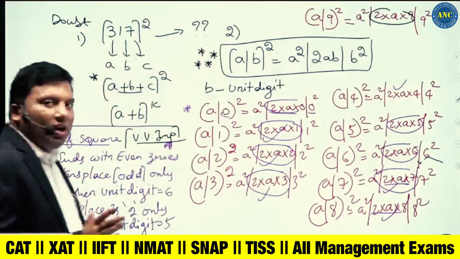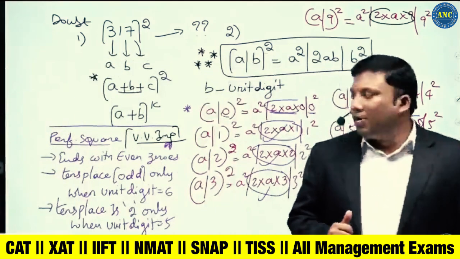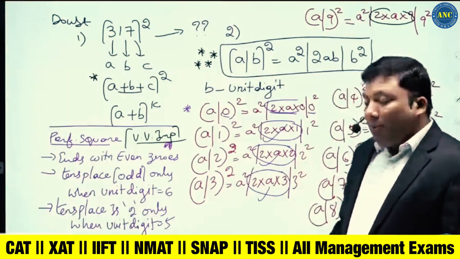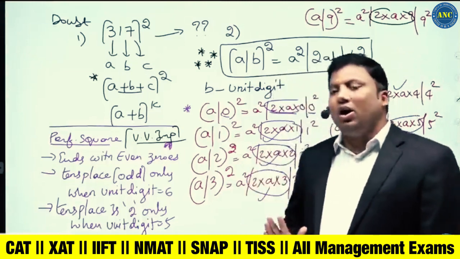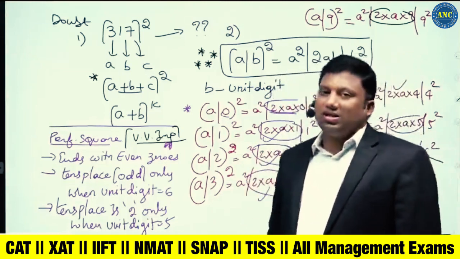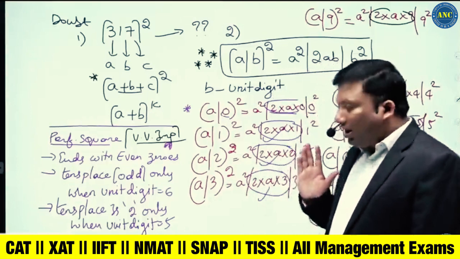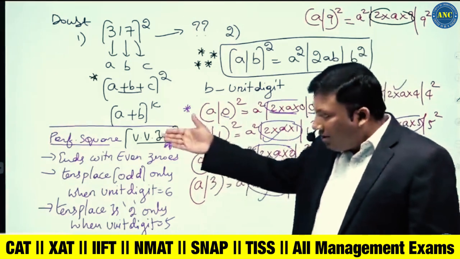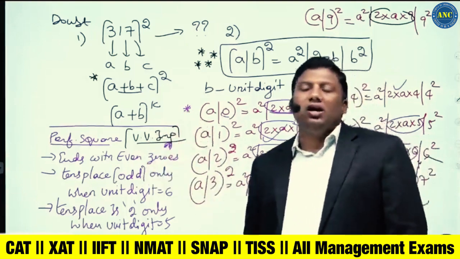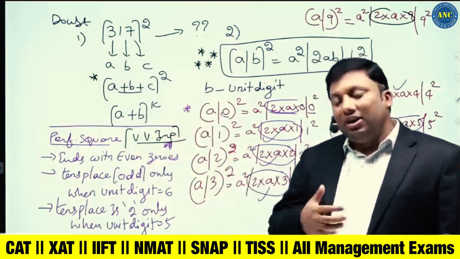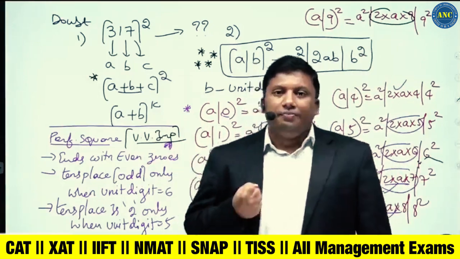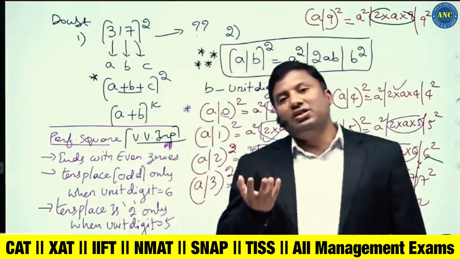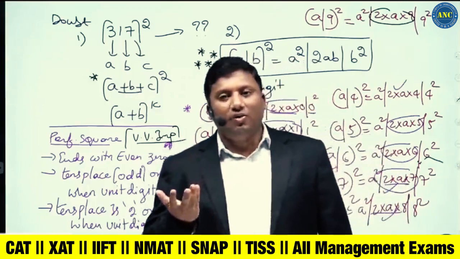A perfect square always ends with an even number of zeros. A perfect square's tens place will be odd only when the unit digit is 6. A perfect square's tens place is 2 only when the unit digit is 5. These are must-know properties related to perfect squares. There were some original questions like, how many 4-digit perfect squares are there where the first 2 digits are equal and the next 2 digits are equal? You can solve